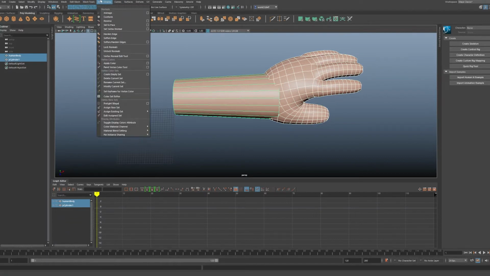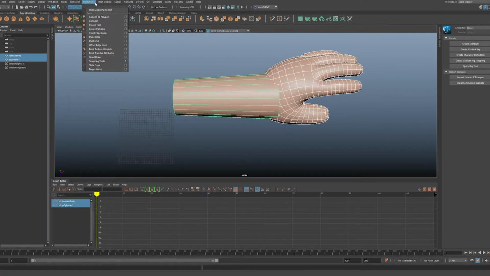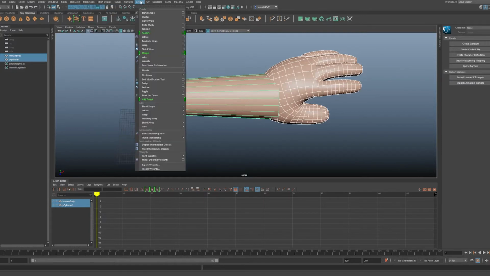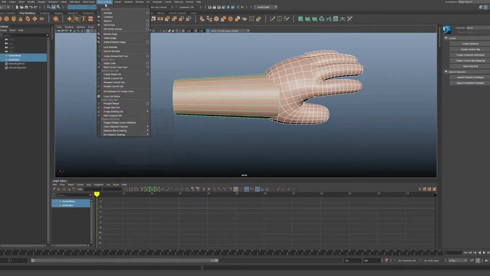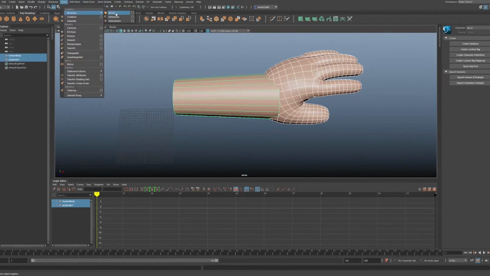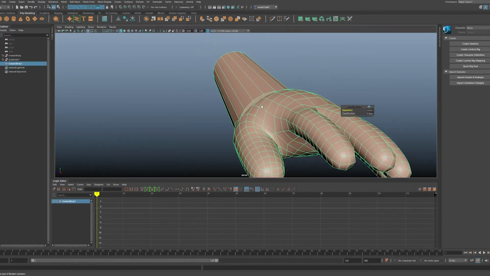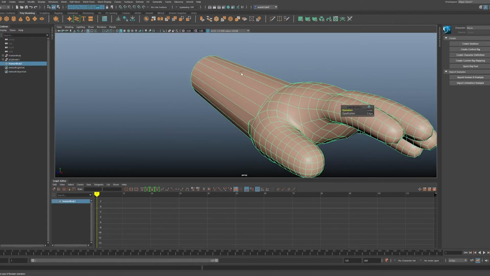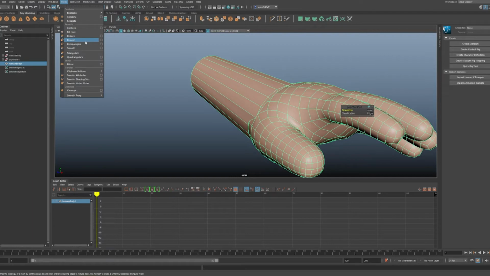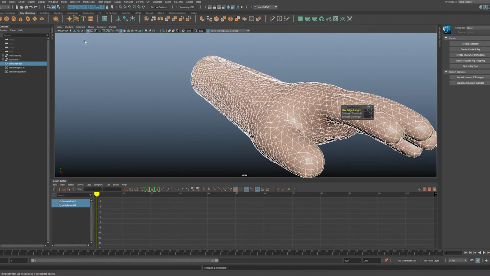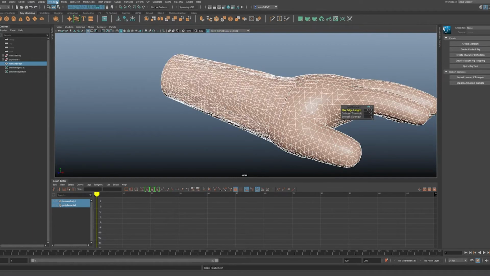So traditionally the boolean generates some very bad topology, but we have a remesh now, so don't worry. Let's see how well this thing performs. The last time I tried, it performed quite well. Boolean and union, right? So this has been boolean together. I made a mistake here, but that's fine. Let me press the remesh button over here. Let's press that button. Okay, and then I think I can then